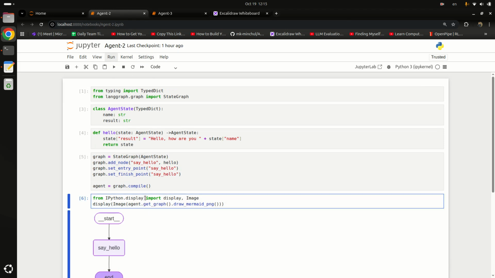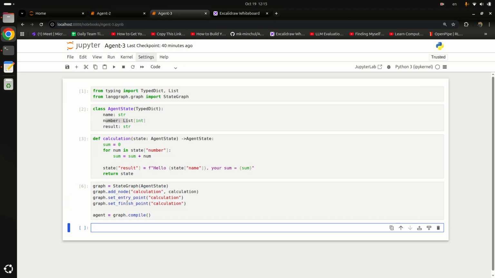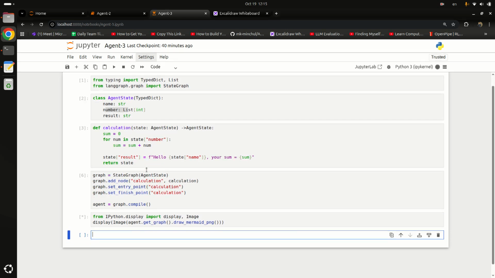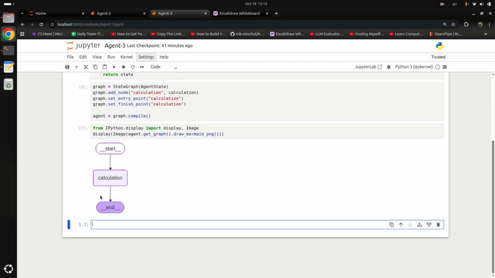To visualize our graph, I will simply copy these lines from our previous agent. And yes, it has the calculation node, it has start point and end point. So how to invoke our graph? To simply invoke the agent or graph, I will simply type agent.invoke, and here I will pass name, that is Ali, and also numbers.